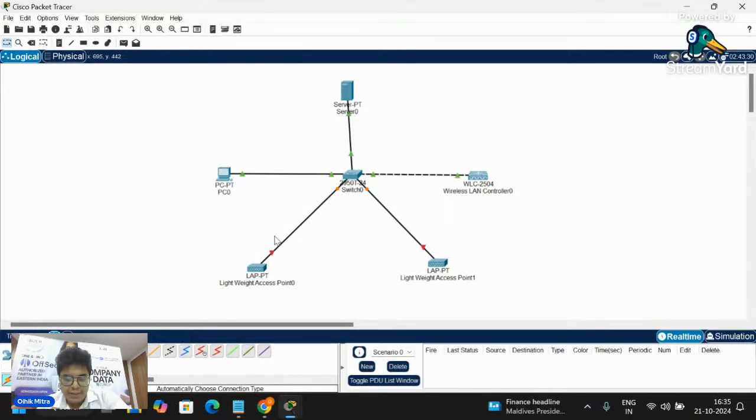When we purchase any access point from a computer shop, we bring it home and the first thing we do is plug in the adapter. So here also we need to plug in the adapter. How to do that? Let me show you.